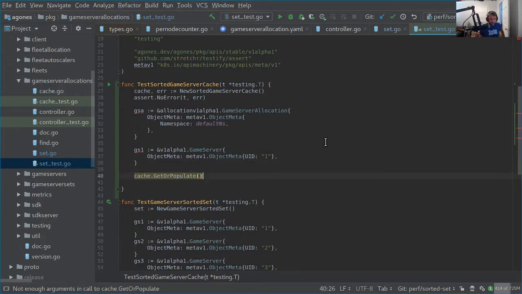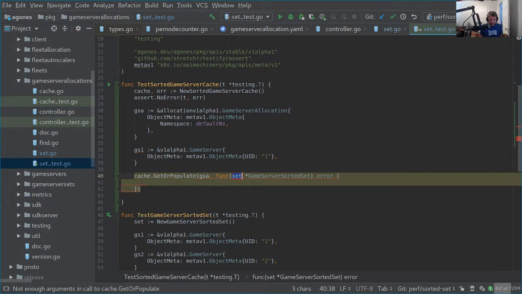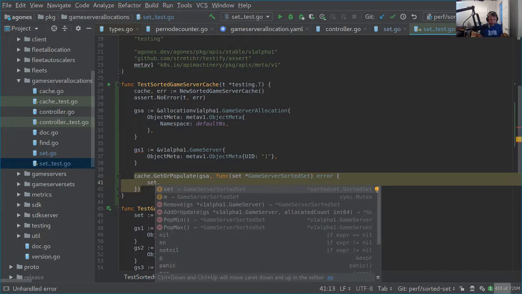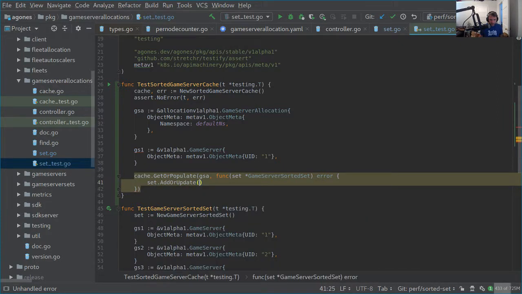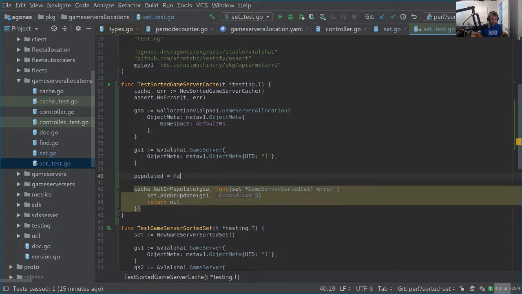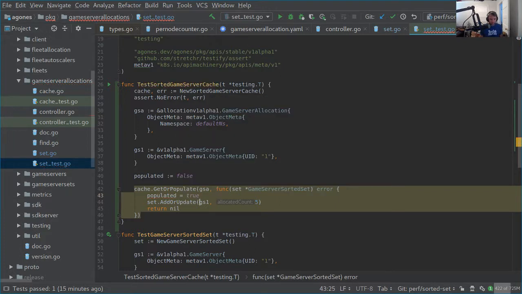All right, so get or populate GSA. And get our populate, and then there's a function that has this. And if that doesn't work, set dot add or update gs1, and we'll give it a value of 5. Return no error. Populated equals false. Let's also check that populated equals true, so that